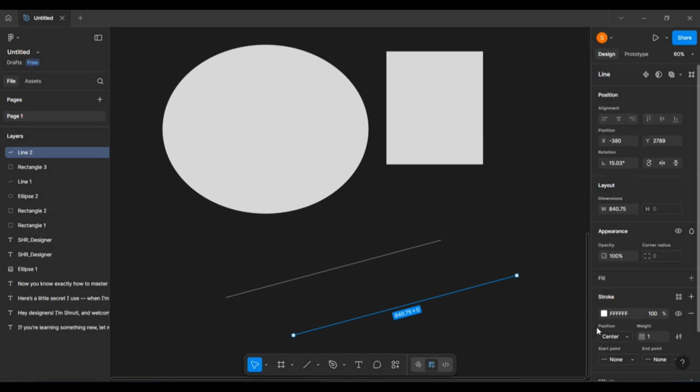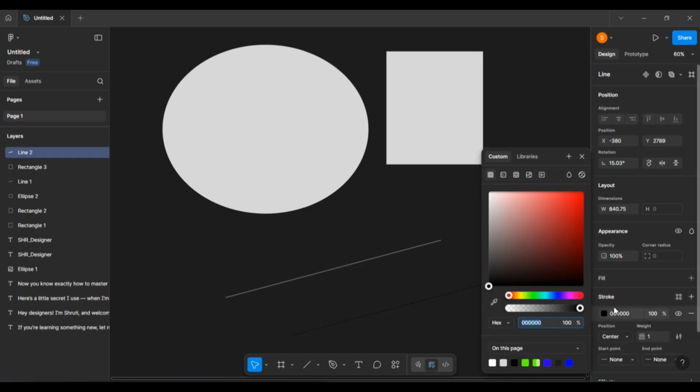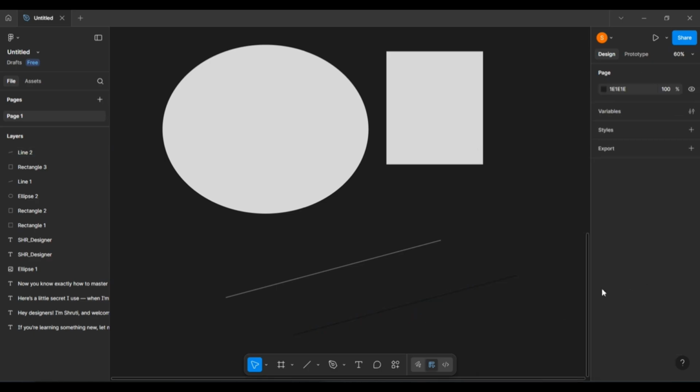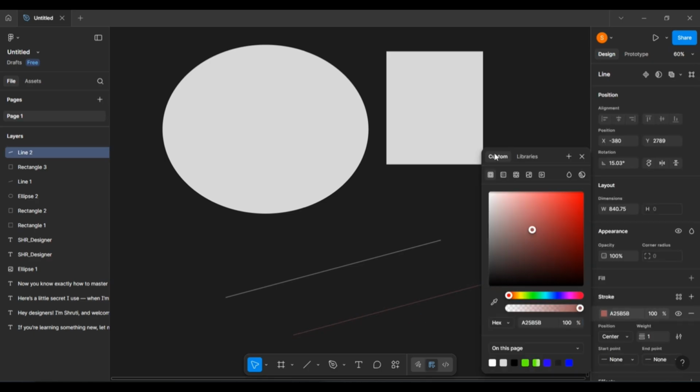Okay, they don't have a fill section over here. But if you want, you can just add it over here. If you don't want the stroke section, you just click on the minus, that is the remove option. The stroke will get removed. Okay, remove हो गया, unless if you want, you can just add it over here. Let me change the color.